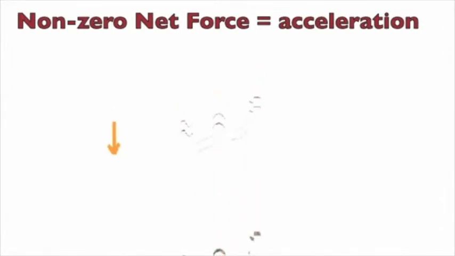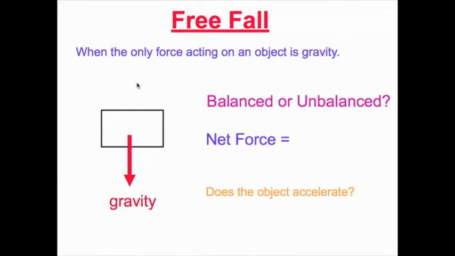It's in free fall. An object is in free fall when the only force acting on the object is gravity. We have gravity pulling the object downward, but we have no upward force there to balance out gravity. Therefore, we have an unbalanced force, which means the object will accelerate downwards, which means the net force cannot be